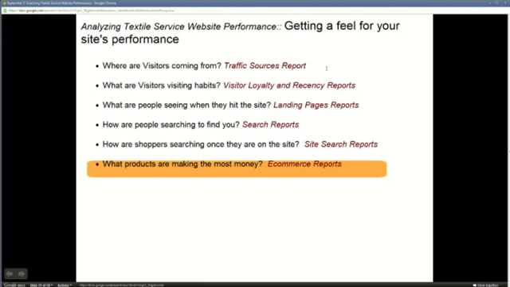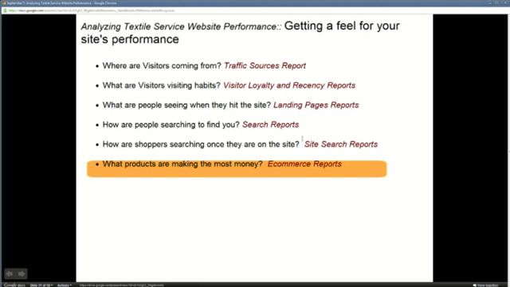Then we looked at the landing pages reports, where you can look and see what people are doing in your site, where they're coming from. And one thing that I didn't show you, but there's more data inside Google Analytics, is where people are leaving from. And as you get into it, you can get more and more complex data. You can spend a lot of time analyzing the data, and it can be very interesting looking at the habits of what people are doing and then adjusting your site appropriately. Then we looked at the search results, how people are finding your site from the search engines,